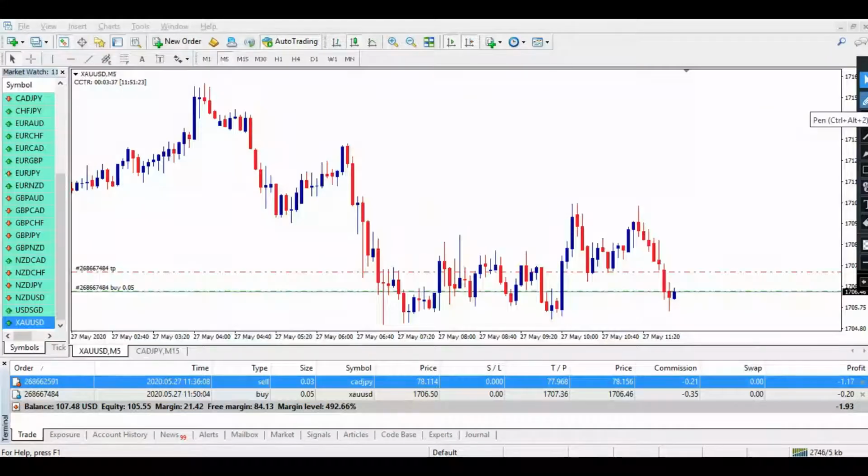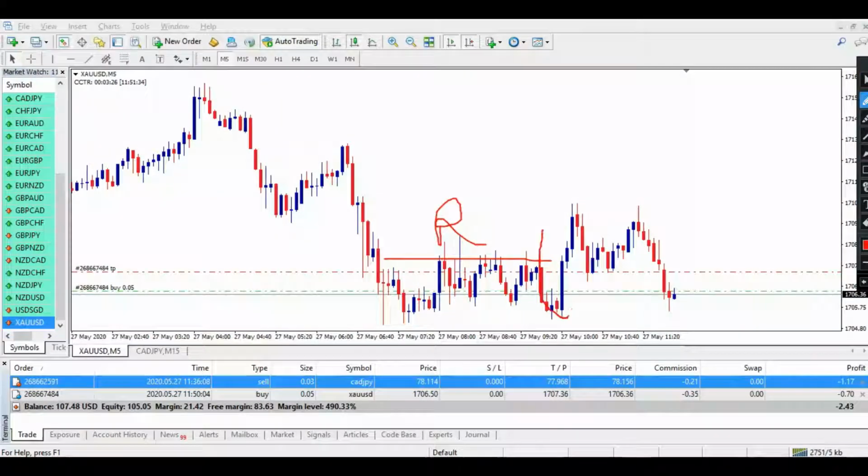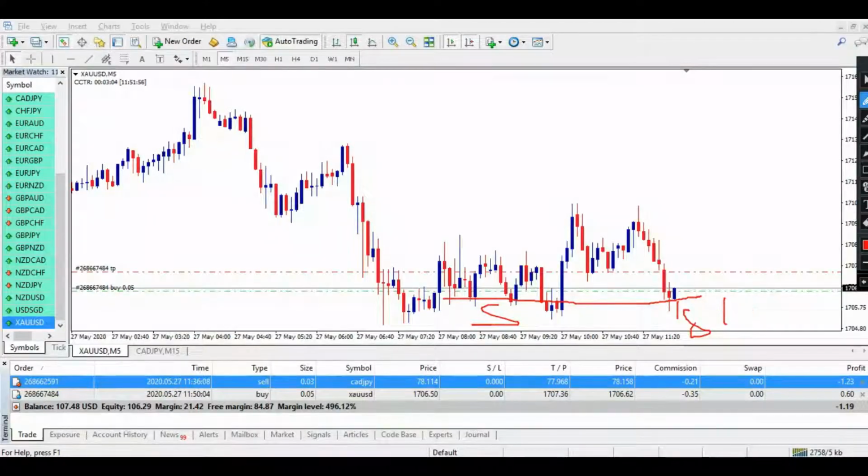Welcome back. As you can see, I have placed a buy order on gold and this is a very highly volatile pair. So why I placed a buy order, let me explain. As you can see, this particular area acted as a resistance which has been broken out by this bearish candle. Right now I'm in the 5-minute chart. So how do support and resistance lines exactly work in every time frame? See, this area is a very strong support zone. So after the breakout it took a first attempt in this area. So this is why I placed a buy order here, and right now let's see what's going to happen.